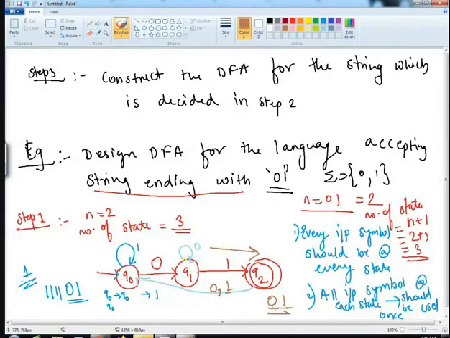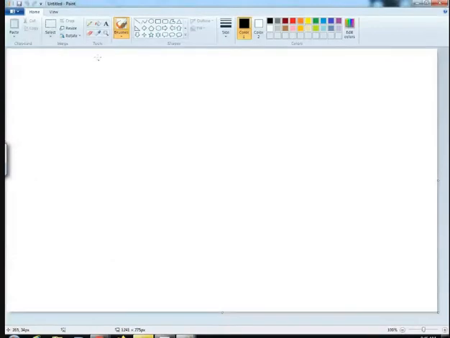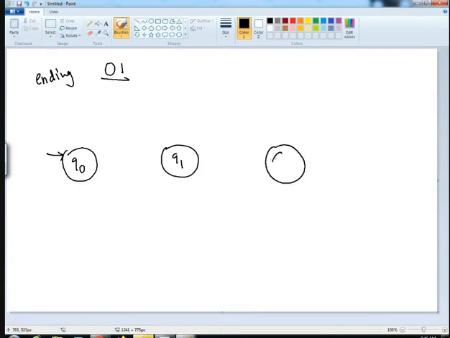Right? So when we talk regarding the final diagram for the string ending with 0, 1, how are we going to design the machine? We start with the 3 states Q0, Q1 and Q2, where Q2 is your accepted state, right? This will be 0, this will be 1. As I told you, there can be a self loop of 1 because the machine can accept 1, 1, 1, 1, 1, but still it is ending with 0, 1. Do anything, take any number of 1s, but it has to follow the 0, 1 path.